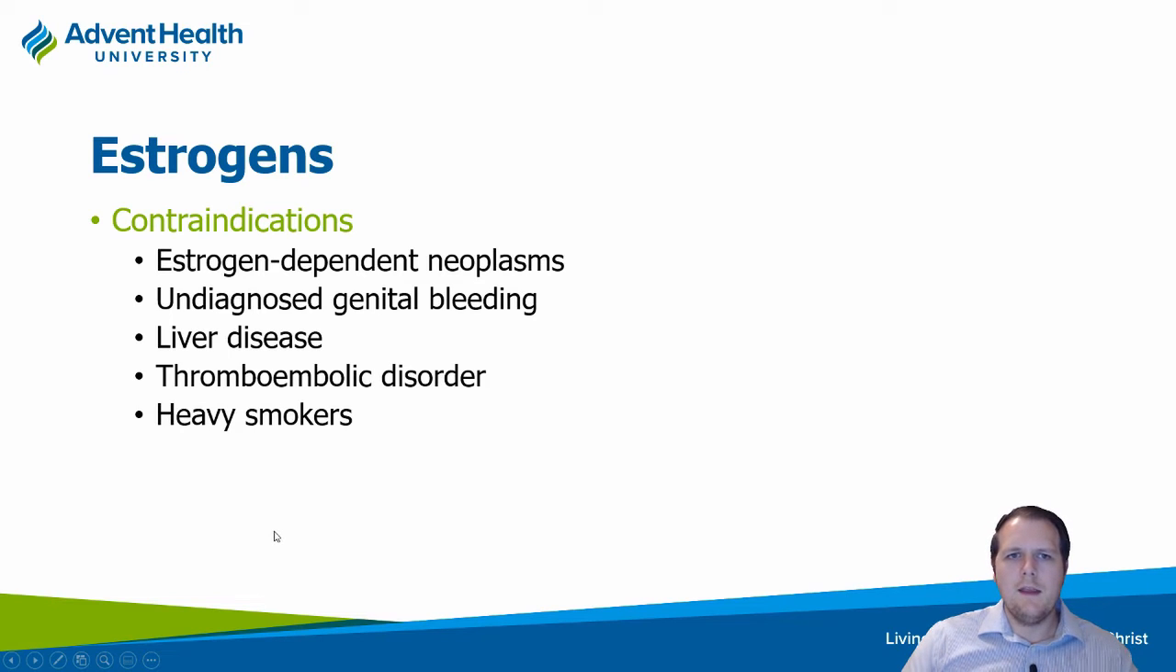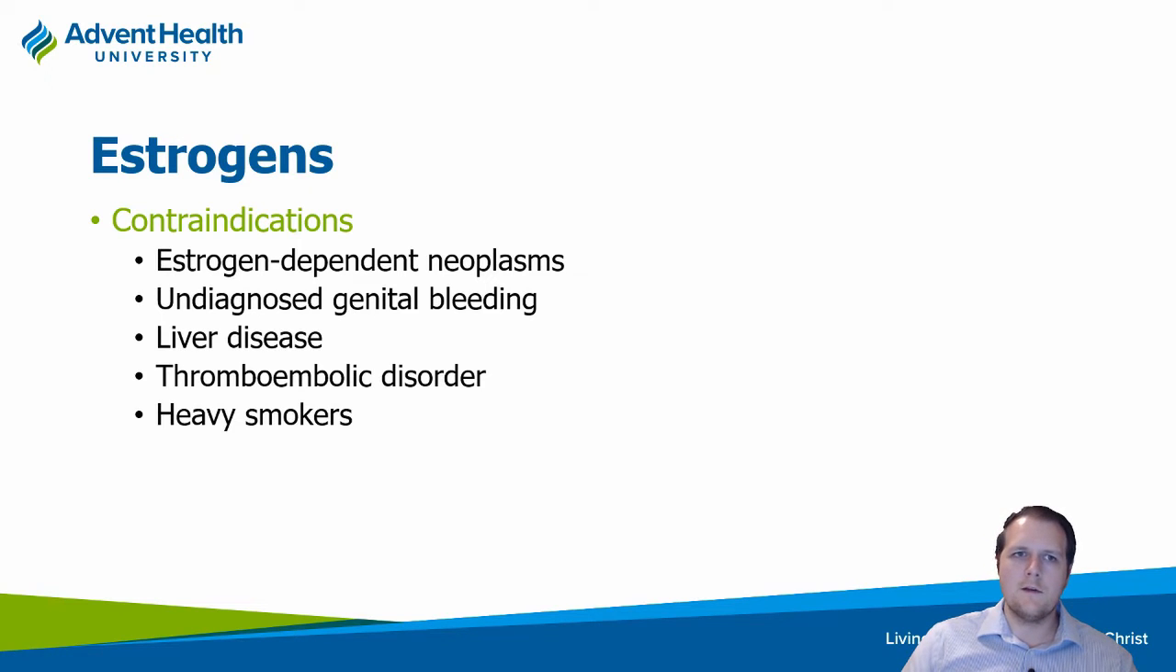Contraindications include if they have any sort of estrogen-dependent neoplasm. That makes pretty good sense. I mentioned the undiagnosed genital bleeding. If they have thromboembolic disorders, because it's certainly going to put them at higher risk for having a clot, especially if they're a heavy smoker. And then with liver disease, you can also end up seeing some risk for cholestasis and things like that. So those would be the things to watch out for, or things you can maybe rule out, like the undiagnosed genital bleeding. Figure out what the cause for that is,